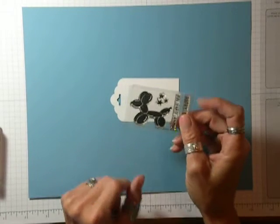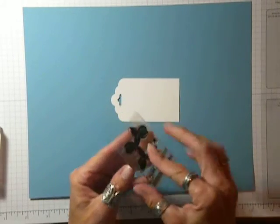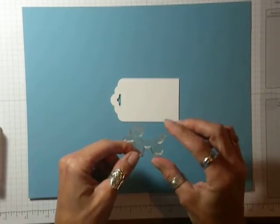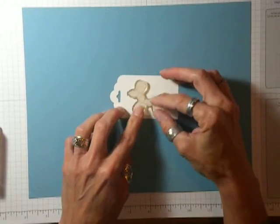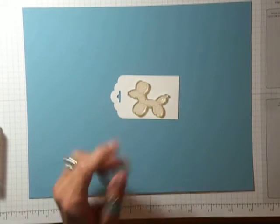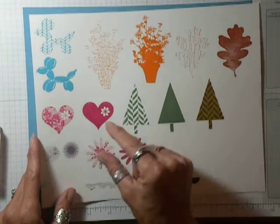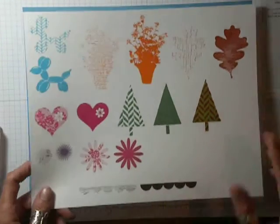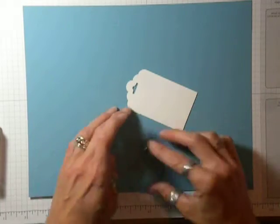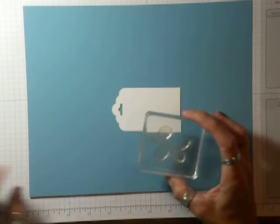This is the balloon image that comes from the Avery Elle stamp. Party Animal, he's called. I think he's cute. But this double stamping technique works best for clear stamps, because we're going to stamp twice. So on a rubber stamp, you can't really see where you're going to stamp again. Like this one's a rubber stamp, this one's rubber, that one's rubber. So you might get it off a little bit more than a clear stamp. So they're going to work the best for placement. So put your little stamp there on your block. And I'm going to stamp him first in